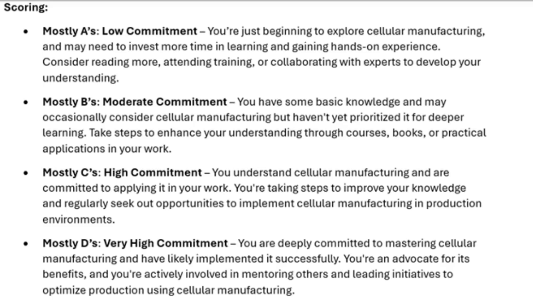Mostly C's. High commitment, you understand cellular manufacturing and are committed to applying it in your work. You're taking steps to improve your knowledge and regularly seek out opportunities to implement cellular manufacturing in production environments. Mostly D's. Very high commitment, you are deeply committed to mastering cellular manufacturing and have likely implemented it successfully. You're an advocate for its benefits, and you're actively involved in mentoring others and leading initiatives to optimize production using